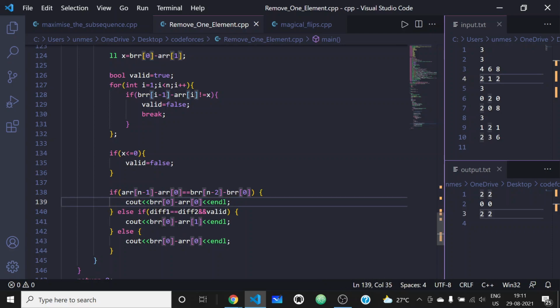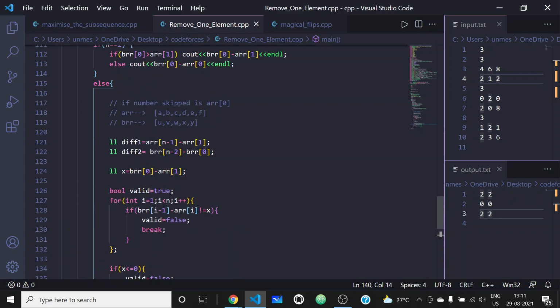first array, right? And the next case is when either the first element has been skipped or the last element has been skipped.